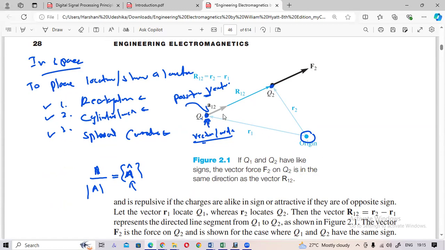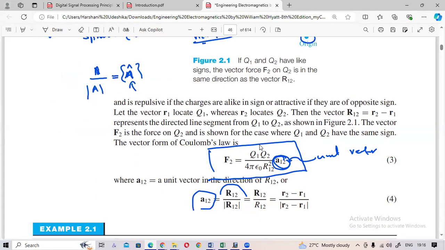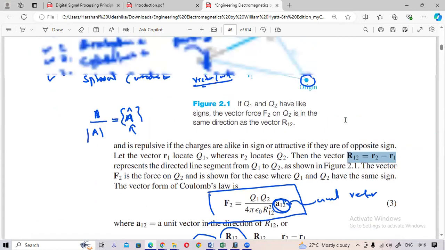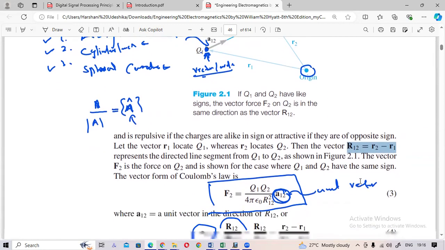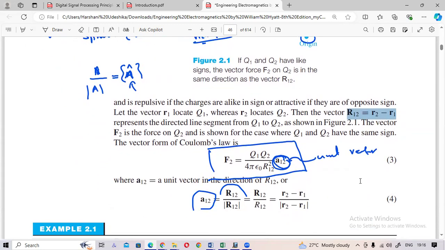So R1 plus R12 is equal to R2. So R12 will be equal to R2 minus R1. That is what I explained there. Okay. R12 is equal to R2 minus R1. This comes from vector addition. Okay. Then,